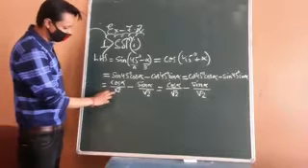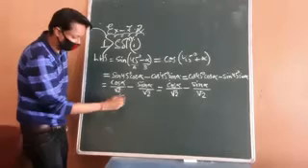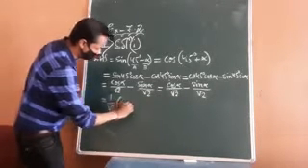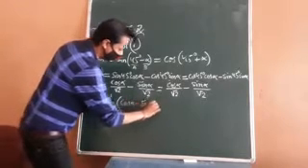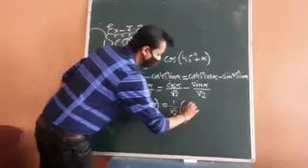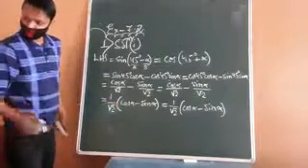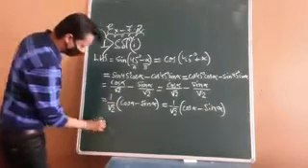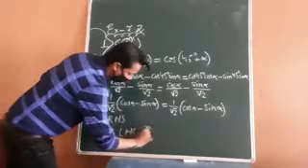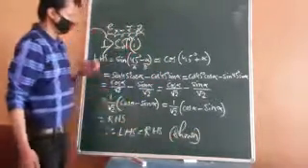Okay, now you can see here 1 by root 2, I can take common from both the terms. So if I take common 1 by root 2, what will be written here? Cos alpha minus sin alpha. From here also same case, 1 by root 2 times (cos alpha minus sin alpha). Now you can see the right hand side matching. It is the same. Therefore left hand side equals right hand side. It is solved. Finished.